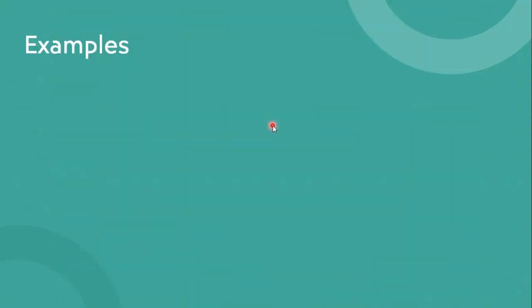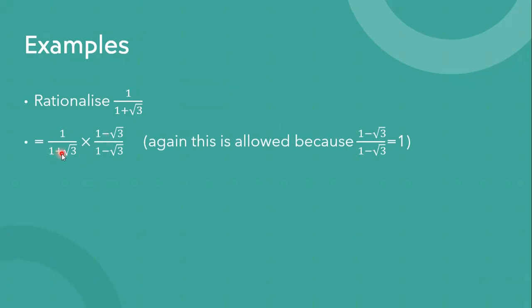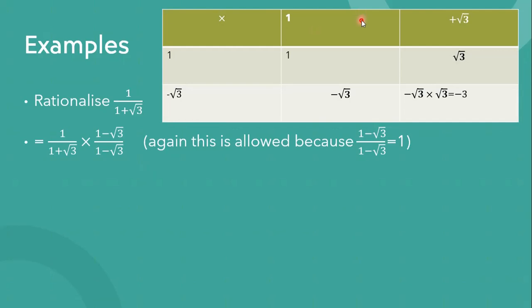Okay, next one. Rationalise 1 over 1 plus root 3. Now this one is a bit more complicated because to cancel out the surds, you have to times by 1 minus root 3. So you switch the sign between the number and the surd. This is allowed because 1 minus root 3 over 1 minus root 3 is equal to 1. So once again, we're essentially timesing by 1, but in a way that will give us what we want. So a table for the bottom bit